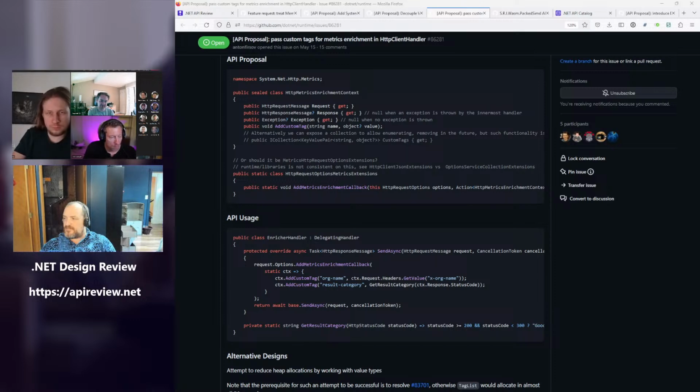That delegate will be invoked when the response headers have been received or an exception has occurred that will prevent that from happening. All those tags are gathered up, and then after all the delegates are invoked, something happens with all those tags. Basically, they all get logged somewhere. Is that right? Exactly.